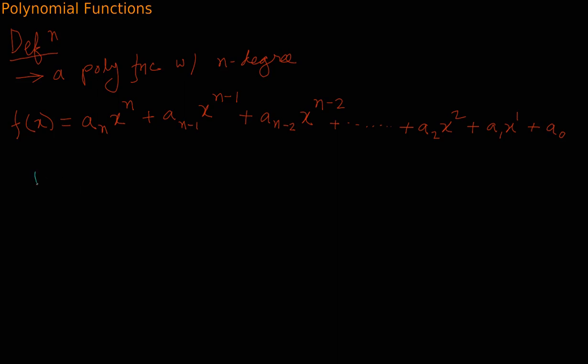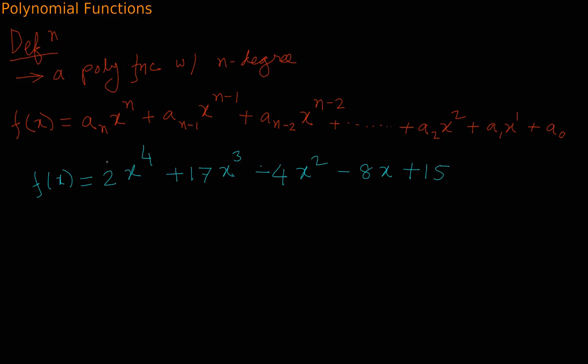So let's say f(x) equals, let's say 2x power 4 plus 17x cube minus 4x square minus 8x plus 15. So this is an example of a polynomial function, and as you might notice, in